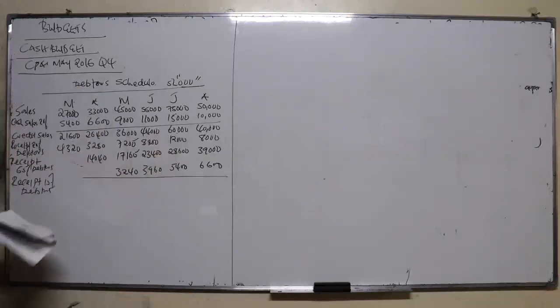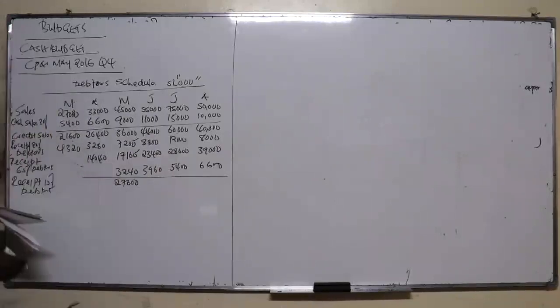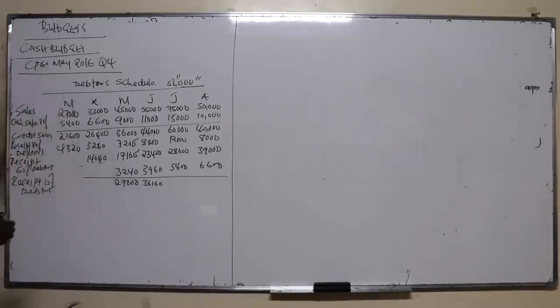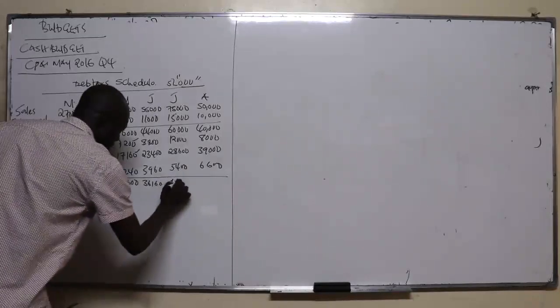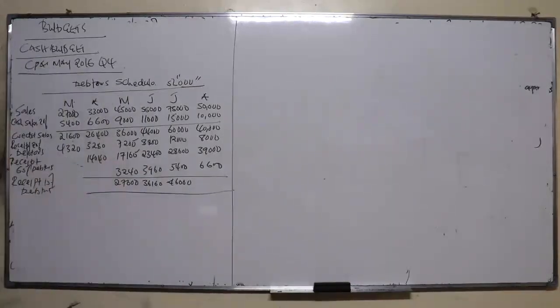Cash sales we will just put direct. So we see cash from debtors and then cash sales. We will separate those two. There is a problem. So how much do you get? This one, 27. And this other one? 36. And the other one? 46,000. So that one would be our schedule.